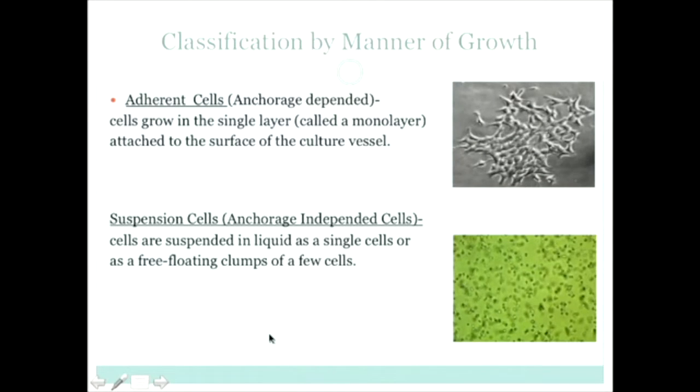Also, you can classify cells by the way they grow. It might be adherent cells, or anchorage-dependent cells. Anchorage-dependent cells will only survive on a dish when they attach to it, and they need that attachment for proliferation and growth. And then there are cells that grow in suspension, or anchorage-independent cells. These cells float in the media in small clumps or as a single-cell suspension, and they are happy this way and continue to proliferate and grow.